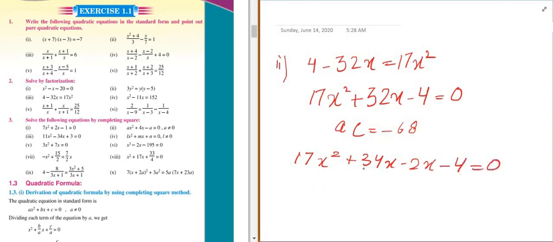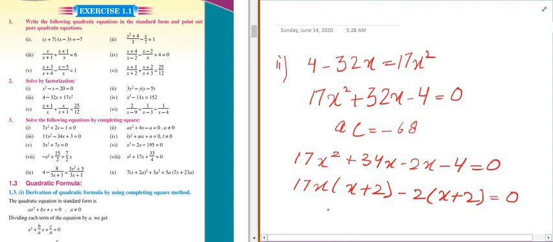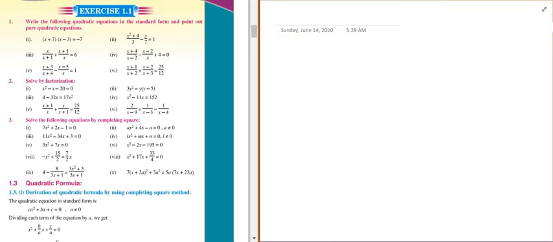Just take common 17x, you will get x plus 2. Then take minus 2 common and x plus 2 equals 0. The roots are minus 2 and 2 by 17. This is the solution set for this question. Okay, this quadratic equation. Next,